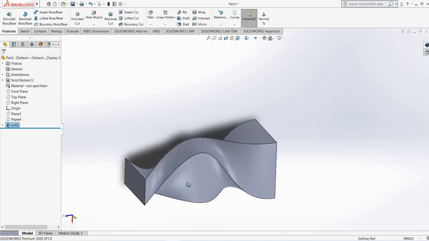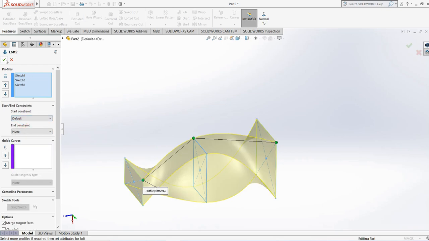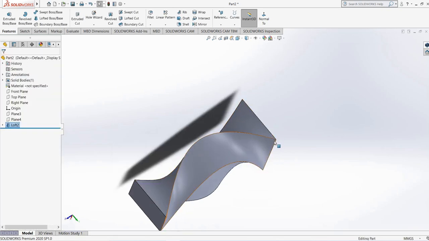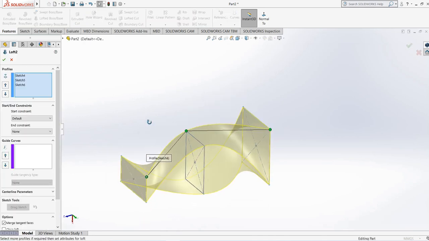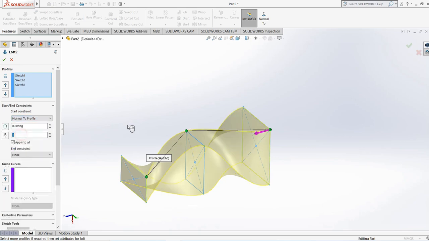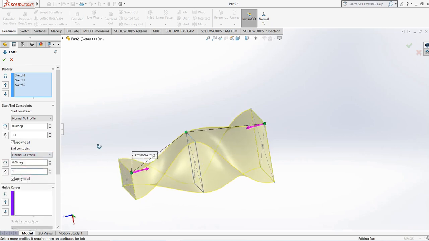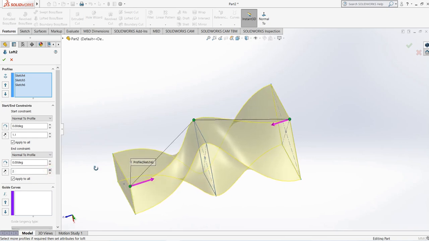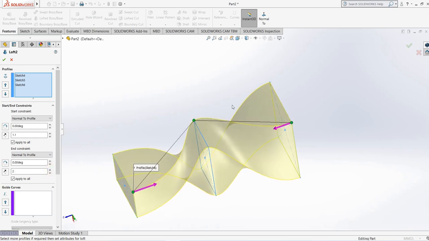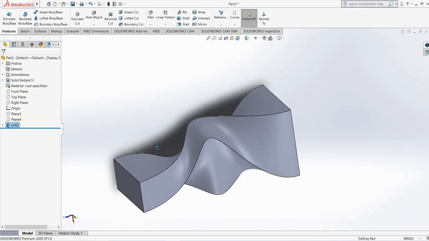Okay, you can see. If we go for default or none, what will happen? It will make it like this, like twisting is starting from here, right? So go for it, practice it, and let's just make it normal to profile. We can change the length of the normal, or go for this end constraint and normal to profile. You can see here, it is also making it look like this, and we can make it more like this. So we have congestion in the center of the profile, and the side profiles, the end profiles are like this,